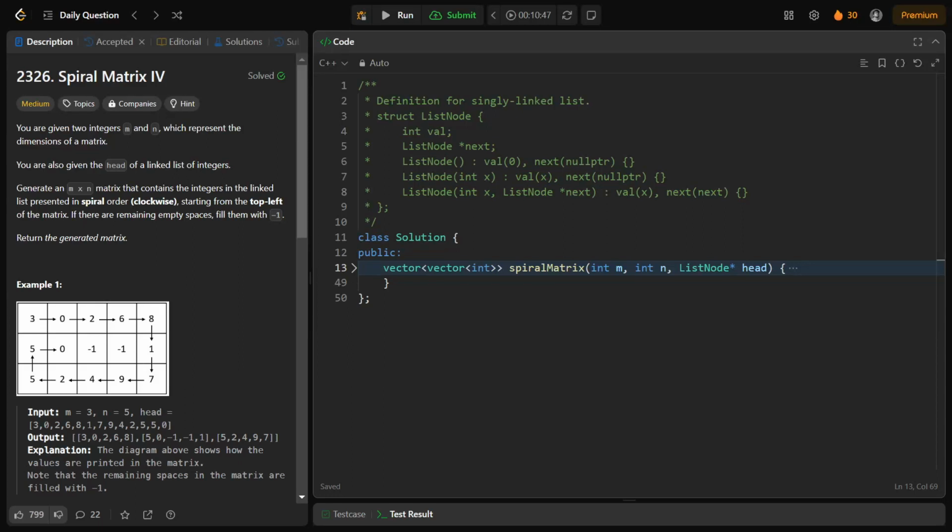Today we are going to solve this Spiral Matrix 4, right? So it's a classic problem. If you've seen Spiral Matrix 1, 2 and 3, I think I've made a video on Spiral Matrix 3, but the idea that is used here is exactly the same as Spiral Matrix 1. Nothing different. In that you just collected your input in a list, and here you're just placing the values in